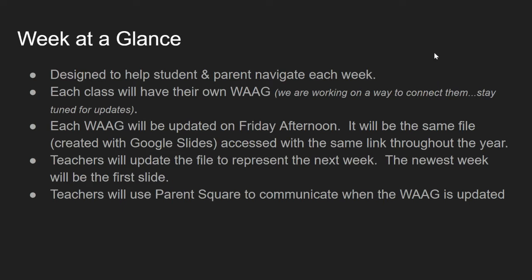but also the parent navigate what each week looks like for each class. Right now, we have it set up that each class is going to have their own week at a glance, which we're calling WAG, despite my objections. And each WAG will be updated on Friday afternoon for the next week. So you'll know kind of what to expect, and you can go through it that weekend and be prepared for